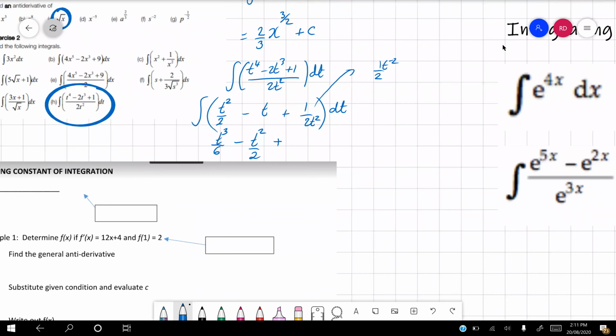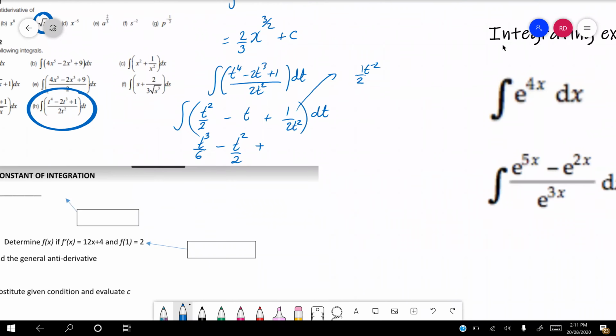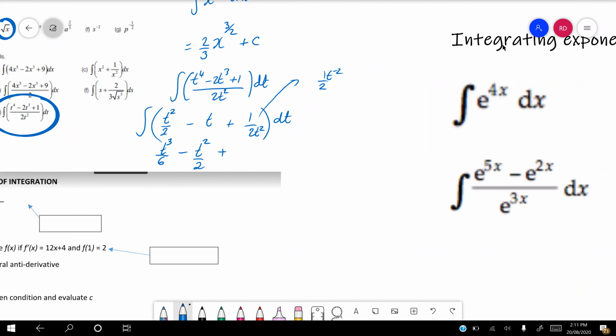So we've got 1 over 2t squared, written as half t to the power of negative 2, because I can't have the t in the denominator. So now I'm adding 1 to the power, so that becomes t to the power of negative 1. And then I'm dividing by negative 1. So this becomes